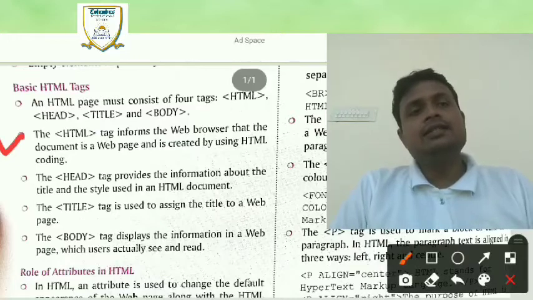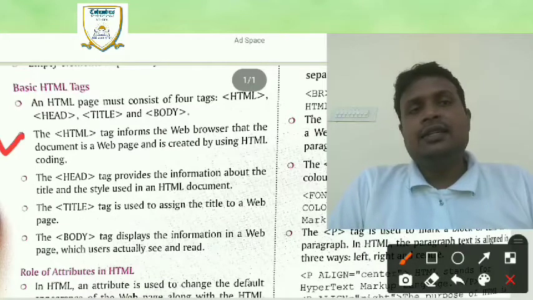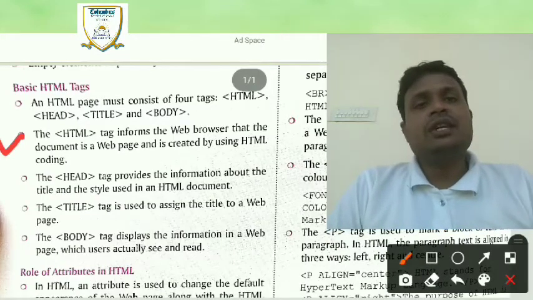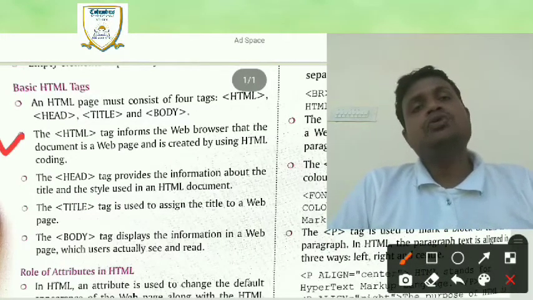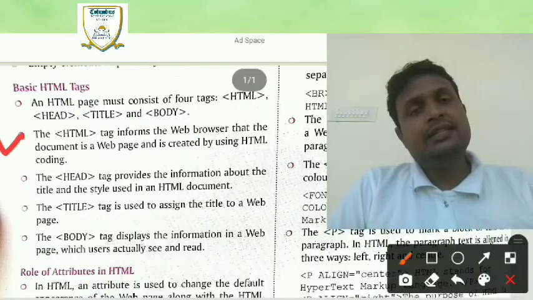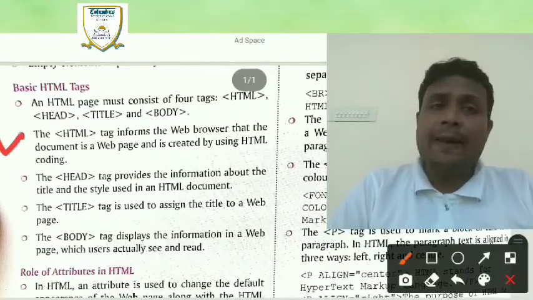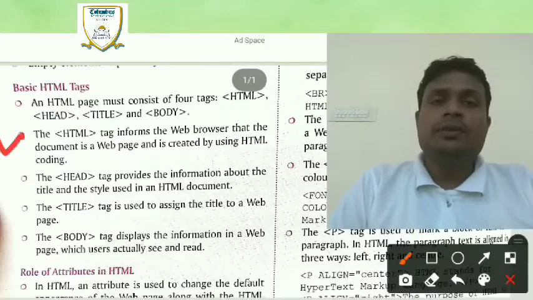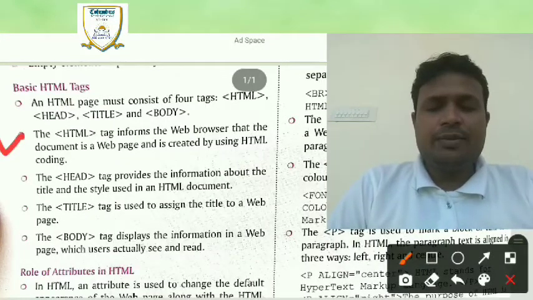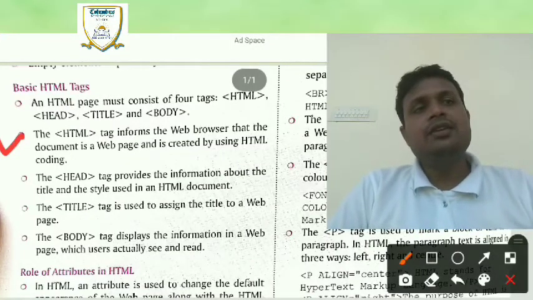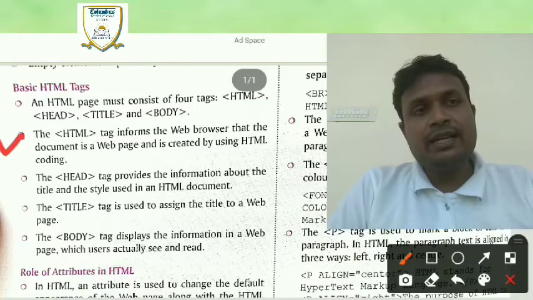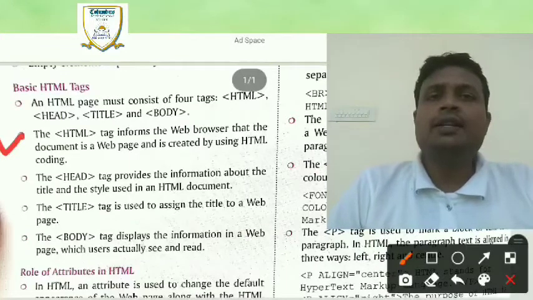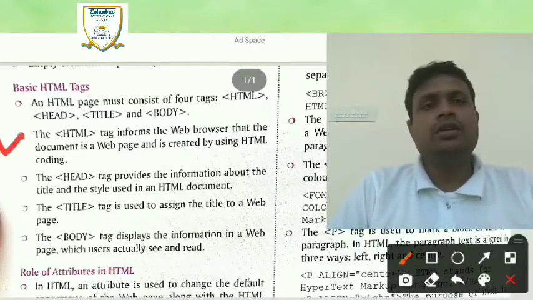It means in this line it is clear that if we use the HTML tag, the web browser understands that the page is a web page, and it is created by using HTML coding. Then this document is opened in a web browser.